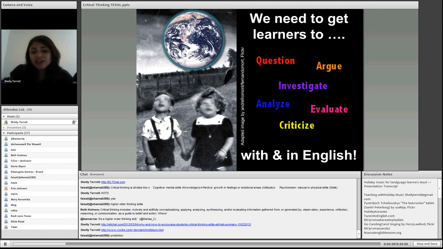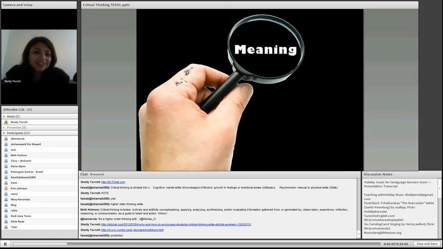That means that they're able to use their English. That means that they're actually coming to the point that is transforming into meaning. And I think that's what's really important about critical thinking, is that when you can think critically in a language, then you get to a certain level where you really get to know the language.